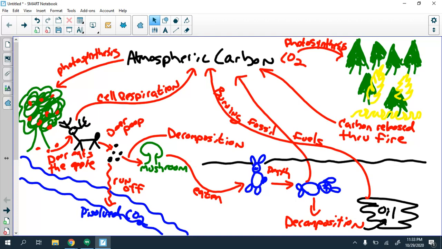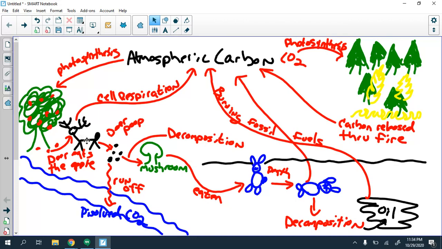I know we crammed a lot onto this piece of paper, but stop and consider what we have here. We have our atmospheric carbon captured by these plants through the process of photosynthesis. If the plants burn, that carbon gets released back up into the atmosphere, so carbon released through fire. That carbon that was in the tree literally physically ends up inside the deer. The deer eats the apple, the glucose that was in the apple, that carbon now literally becomes part of the deer. If you're a deer hunter and you shoot that deer and then you eat that deer, that carbon then literally